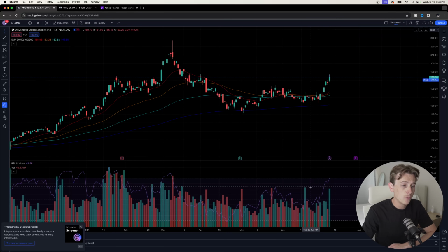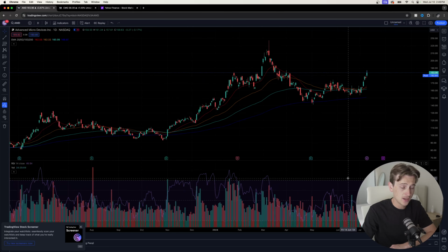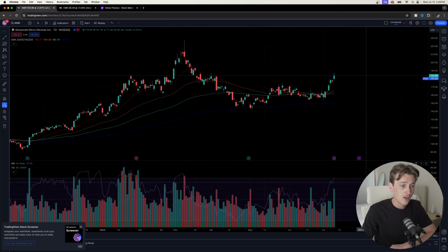But until that, we are actually super overbought right now. As you can see, we're just approaching this top level here. And in my mind and in my opinion, I have no doubt that we're going to start seeing a major pullback here towards the downside in the coming days, especially with this overbought level on the RSI, and especially with,